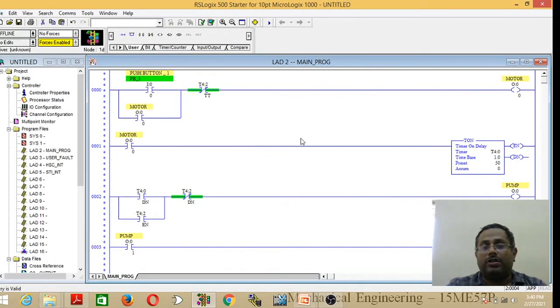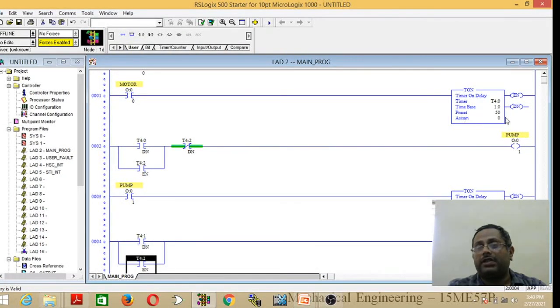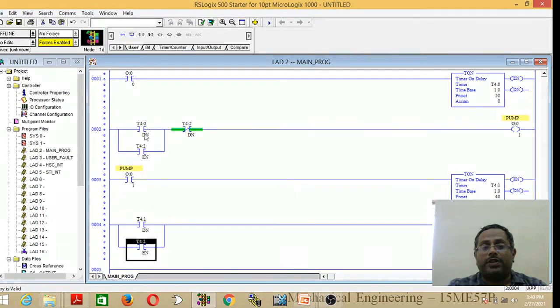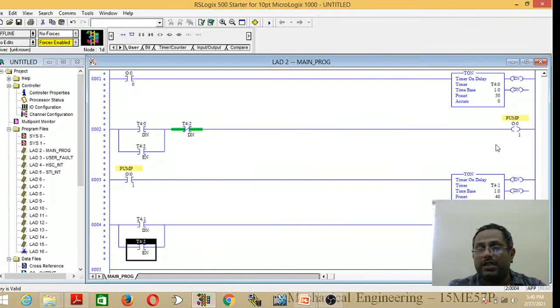This will complete. See, when you switch on the input switch, the motor will switch on. As soon as the motor has been switched on, this open contact will be closed and it will activate the timer, and the timer starts counting. Once the accumulated value reaches 50 seconds, this open contact connected to the pump will be closed and the pump will be on, and for the next 40 seconds both pump and motor will be on.